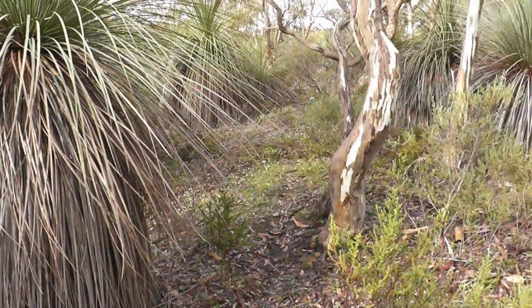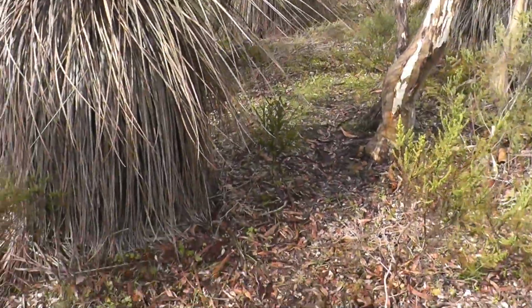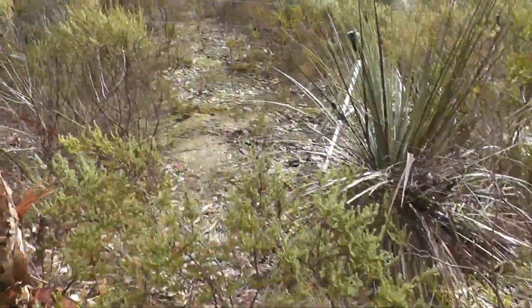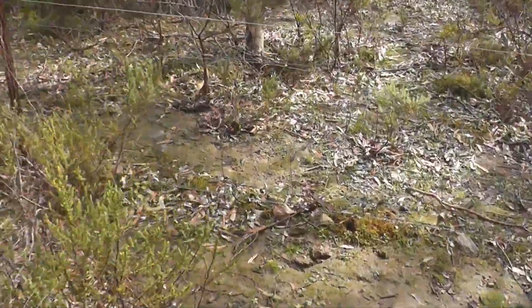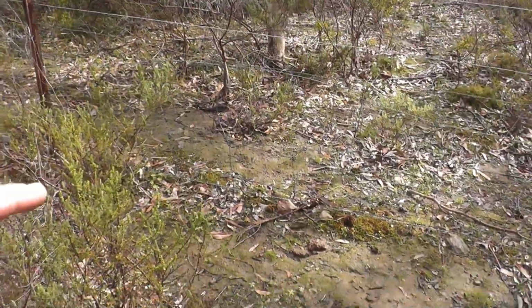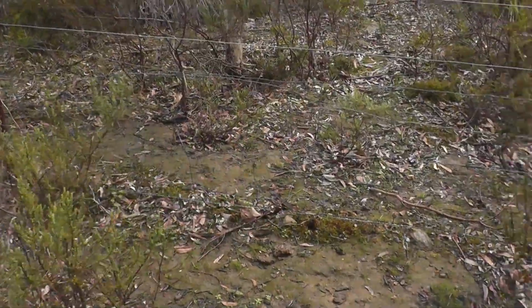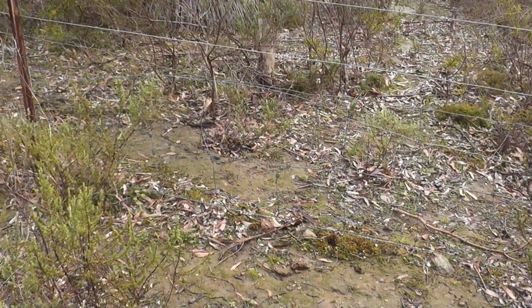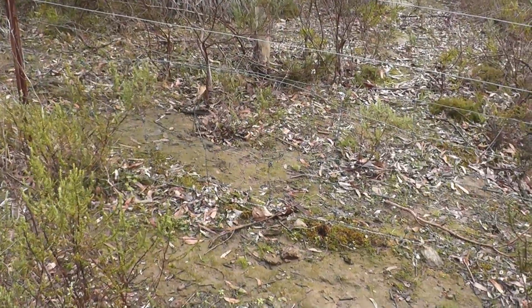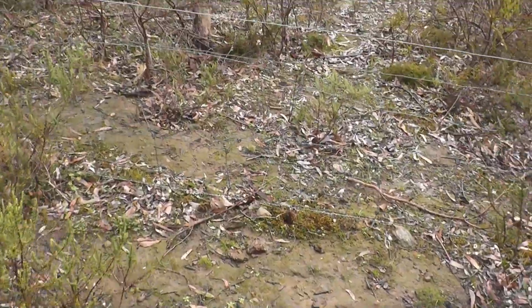And once again, you can see where the kangaroos come down through there and they push through the fence here. And this is where they mostly come through. You can see where they've wrecked the fence, or not wrecked the fence, no. You can see where they've pushed the wires apart, and once again, there's where it's not pushed apart. And this is another place where I spent a couple of years trying to fix the fence, hoping the kangaroos would find another way, but they don't. They like to come through here,